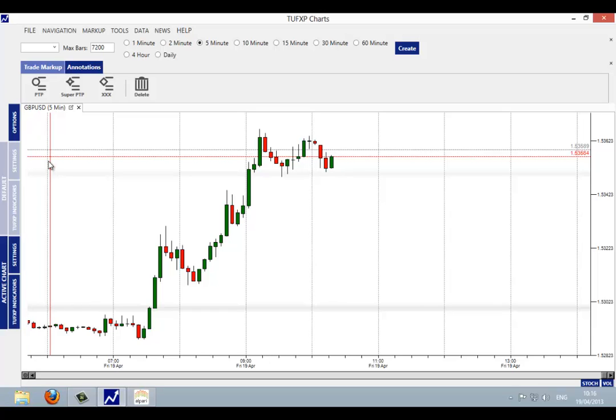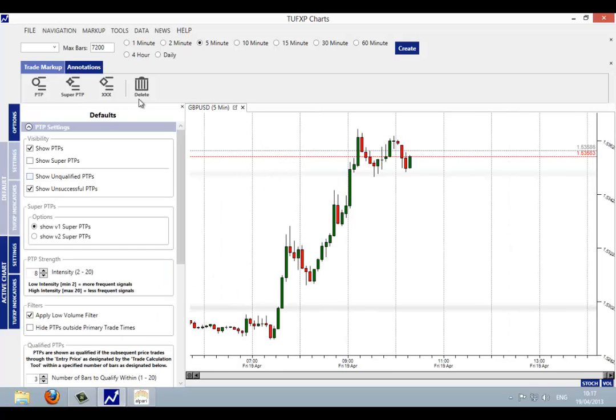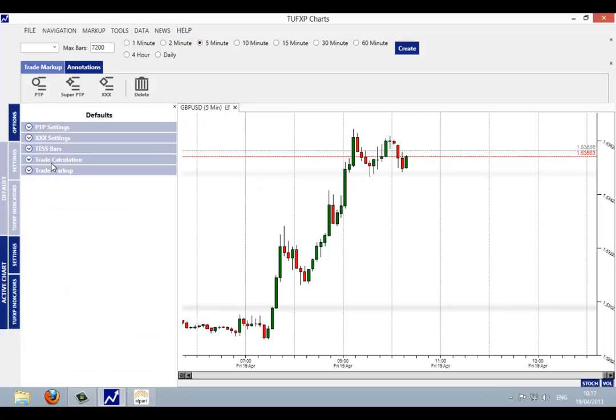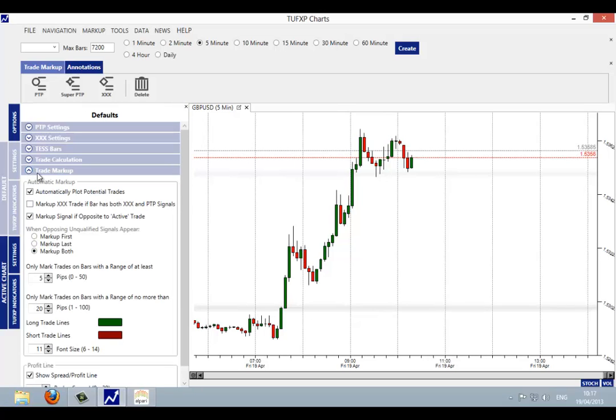So if you want a global setting, then you would come down to the default setting, and this is when you first load a chart. These are the settings that you would use, and click on the TUFXP indicators. Inside of here you can see that we have the PTP settings, but the ones we're interested in at the moment that are pertinent to markups are trade markup, which by left clicking on this drop down here you can see we have these options available if we want the trades to be marked up automatically, which I have selected here,